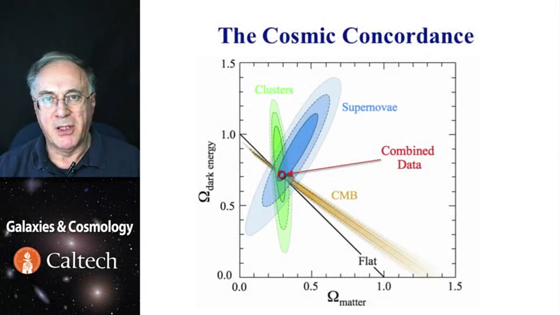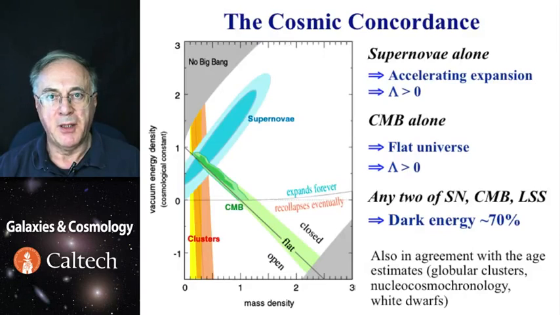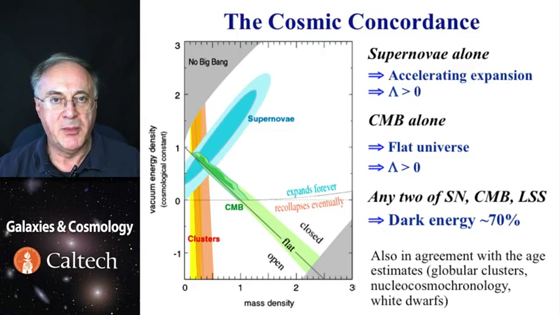Let us now talk about what's often called the cosmic concordance. What's really meant by that is an agreement between all various methods converging to the same values of cosmological parameters, which, needless to say, never happened in the past. Usually, this is expressed in the diagram that plots omega matter on x-axis and omega vacuum, or omega lambda, on